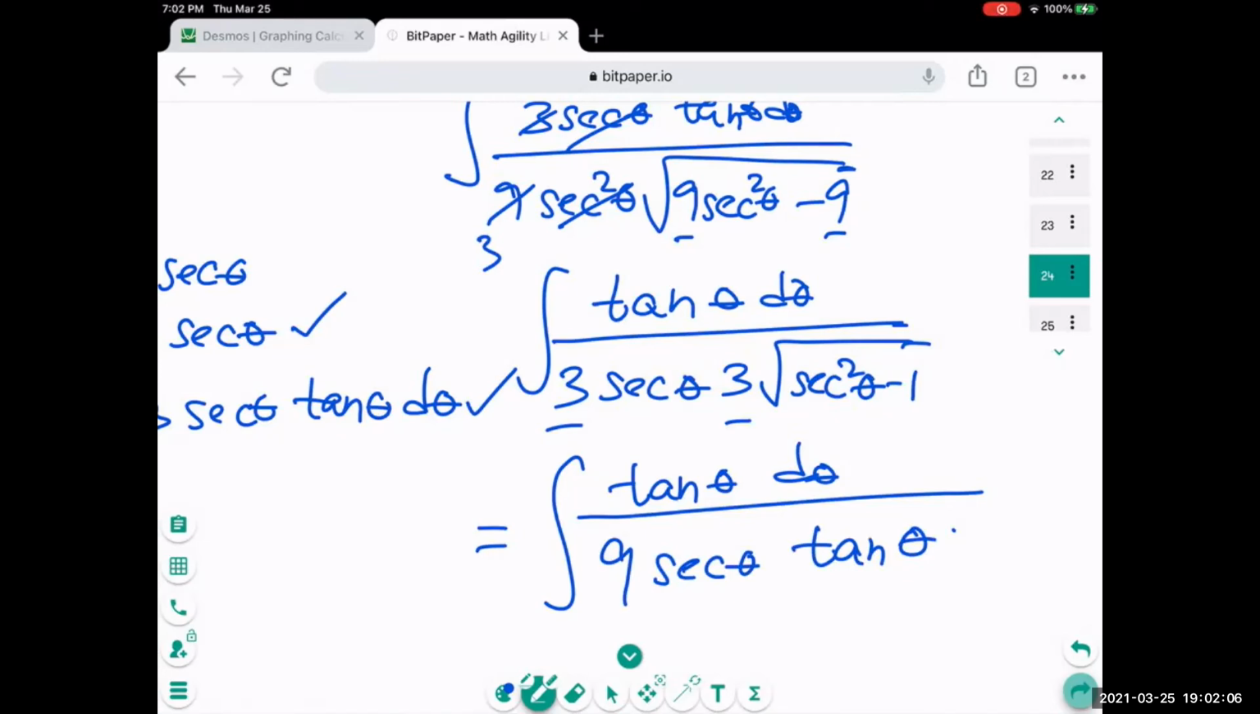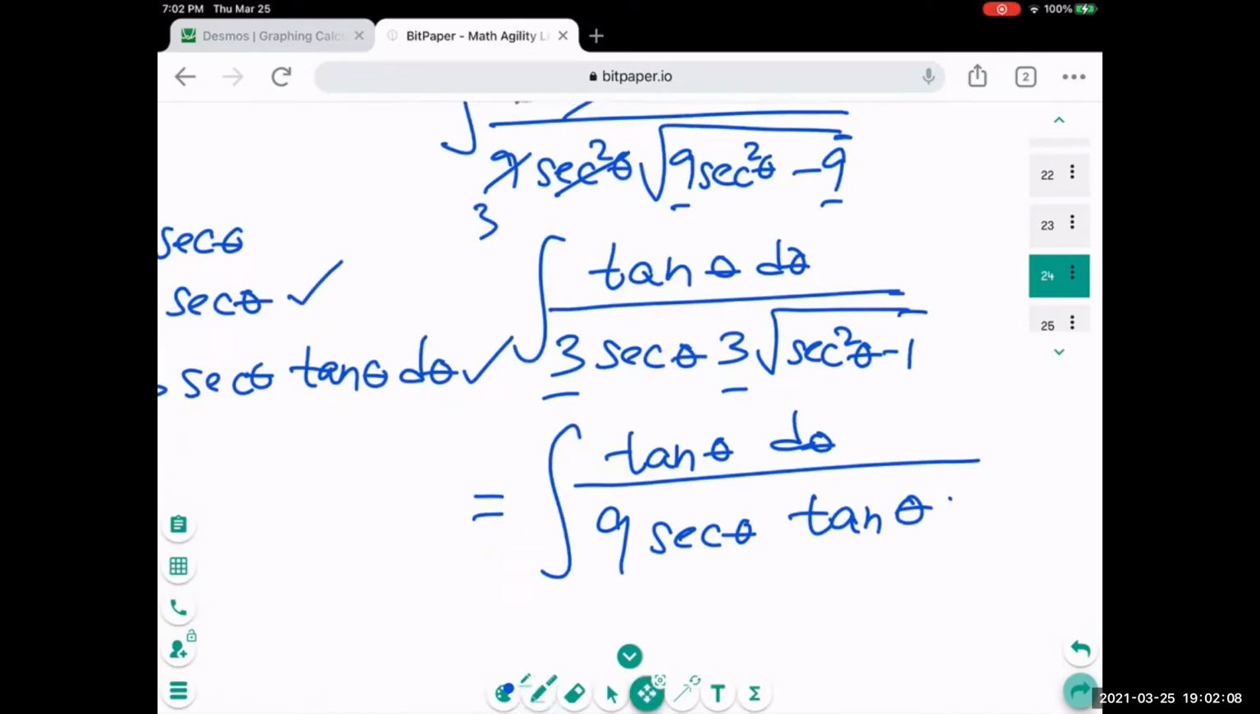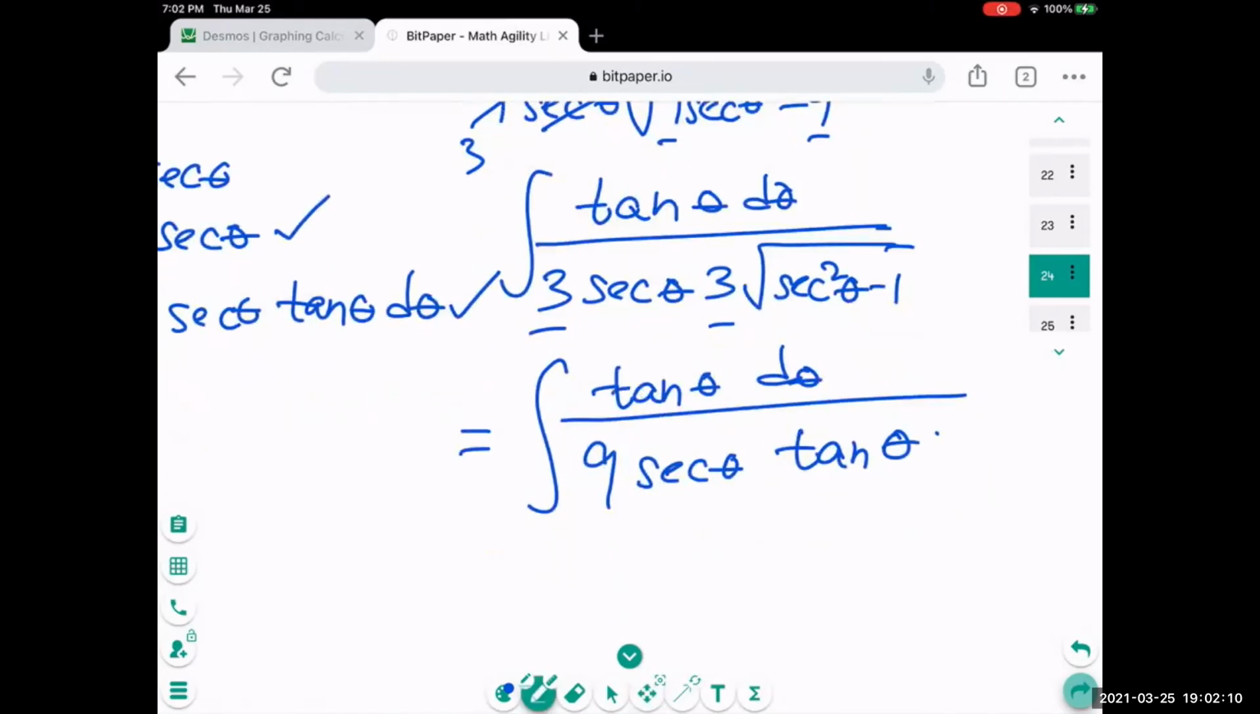And ang maganda dyan, ano yung paborito natin sa math? We're canceling out. So, yay! So, we canceled out yung tangent. D theta na lang natitira, and then 9 over secant theta. So, ano yung identity that relates to secant theta? Diba, ito'y equal sa